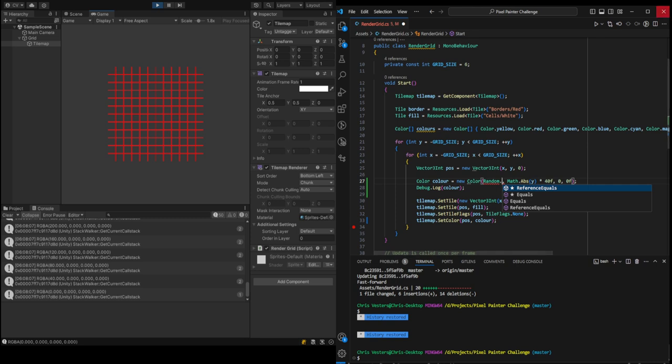Random. I have to look it up. I'm not sure if Unity has its own random. Yeah, Unity has its own random. It even has a random color. That's nice. Okay, so I can just do Random.ColorHSV,